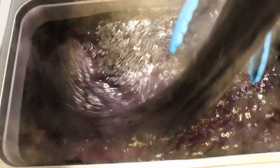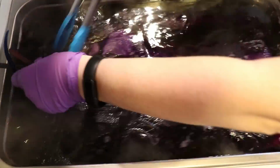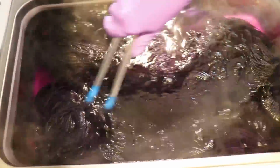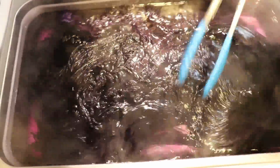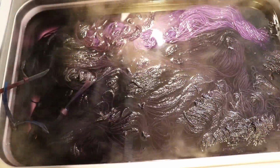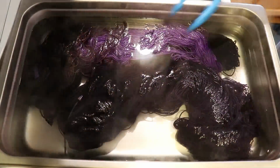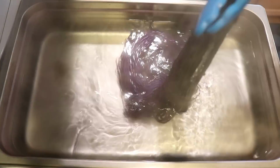Of all the colors I've done so far, the purple appears to be the most pigmented, which had me a little nervous. However dark the purple looked before I added the yarn in, it soaked into the yarn pretty quickly, and I think worked perfectly. I should not be overthinking things. After 30 minutes, the color had completely absorbed onto the yarn, so I removed the yarn and set it aside